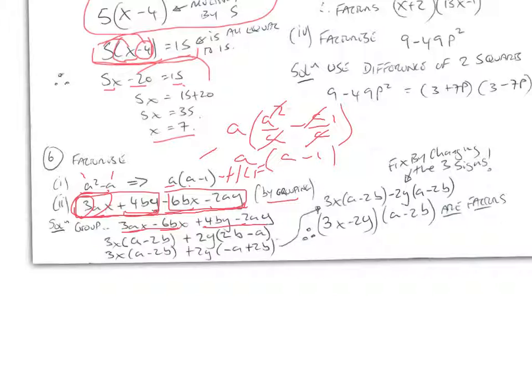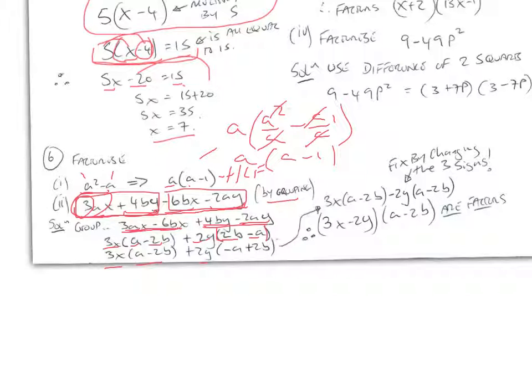So, to find the highest common factor of 3ax and 6bx, it's 3x, and divide 3x into 3ax, I get a, and into minus 6bx, I get minus 2b. And then the highest common factor of 4 and 2 is 2, and of by and ay is y. So I divide, so I write plus 2y, brackets, and then I divide 4by by 2y, and I get 2b. And I divide minus 2ay by 2y, and I get minus a. So that looks like 3x times a minus 2b plus 2y